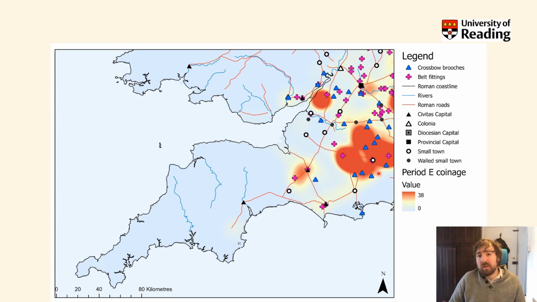But also the area around Cirencester has one of the largest concentrations of belt fittings. And so when you start tying together all these different pieces of information, what can we find out that's going to tell us about what's happening in this period? And by looking at different decorative styles, the reuse of objects, repairs, can we start building a narrative of how objects are being used in the late Roman period, but also what they might tell us about the change and transformation that occurs in the early 5th century.